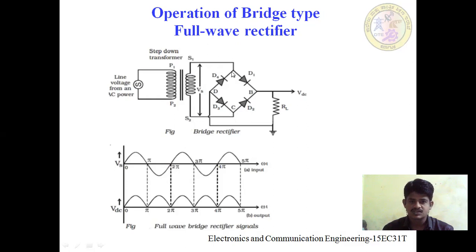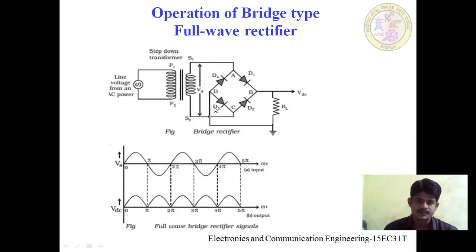Similarly, this negative is connected to the cathode of the diode D4, so it comes into forward bias and it conducts. The same negative is connected to the anode of the diode D1. Since negative is connected to the anode, it becomes reverse biased and it will not conduct. So during this negative half cycle, which diodes come into forward bias? Diode D2 and diode D4. The diodes D2 and D4 are in a forward bias condition, and these conduct and act like a closed switch. And diodes D1 and D3 are reverse biased, act like an open switch, and will not allow any current